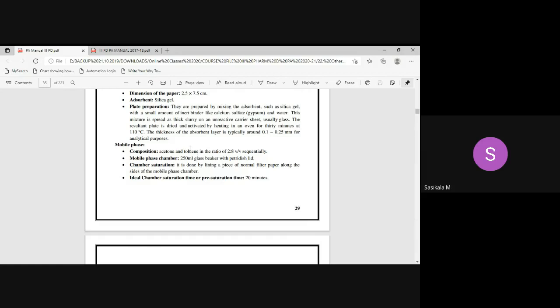Non-polar solvents will restrict the flow of sulfur drug. Sulfur drug will definitely be polar in nature, where acetone will take the sulfur drug to move in the plate. Along with the mobile phase, acetone will take the sulfur drug to move, whereas toluene will restrict the sulfur drug